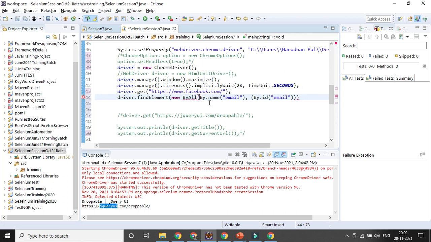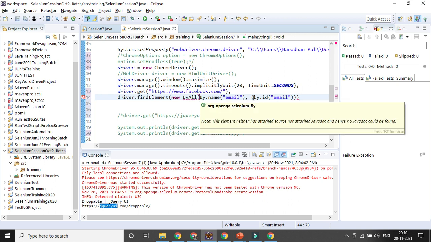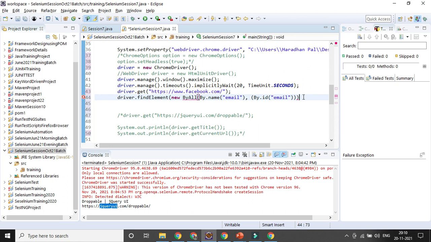That is getting closed here. Why is it not coming? I need to import it first.